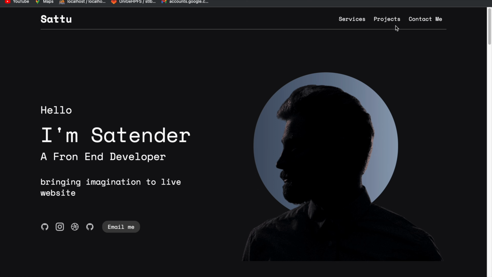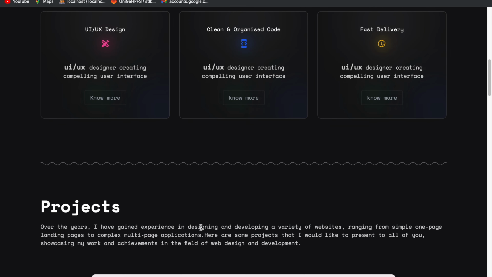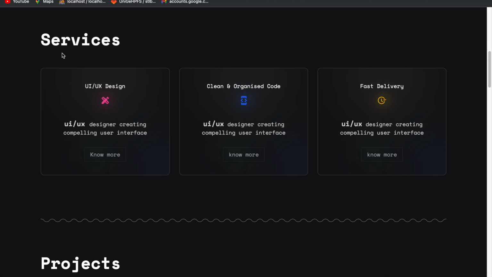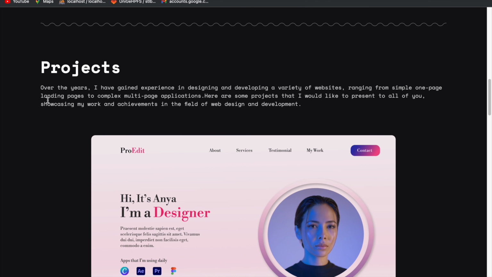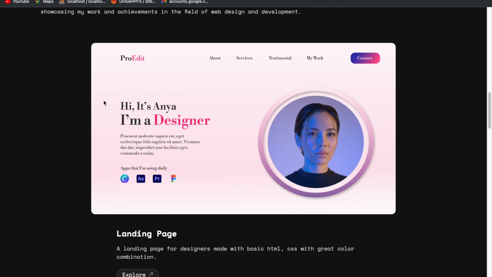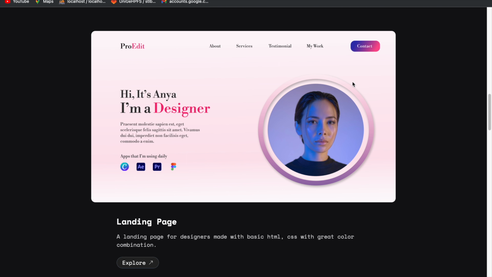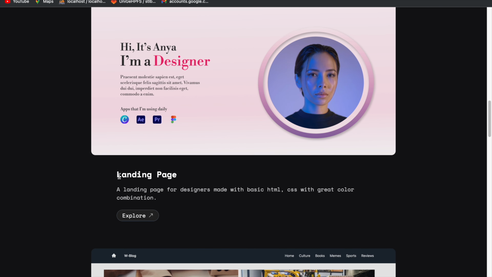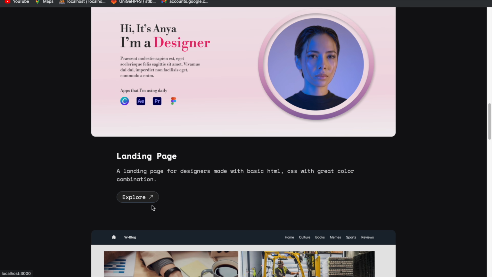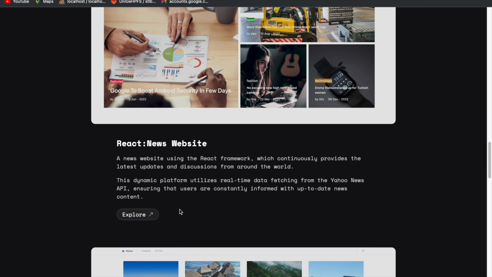So this will be our navbar section, and this is our hero section. Then we got some services, and these are the cards made using glassmorphism effect. So yeah, after that we have the project section, and we have provided some images and some context about the project and the link to that project.